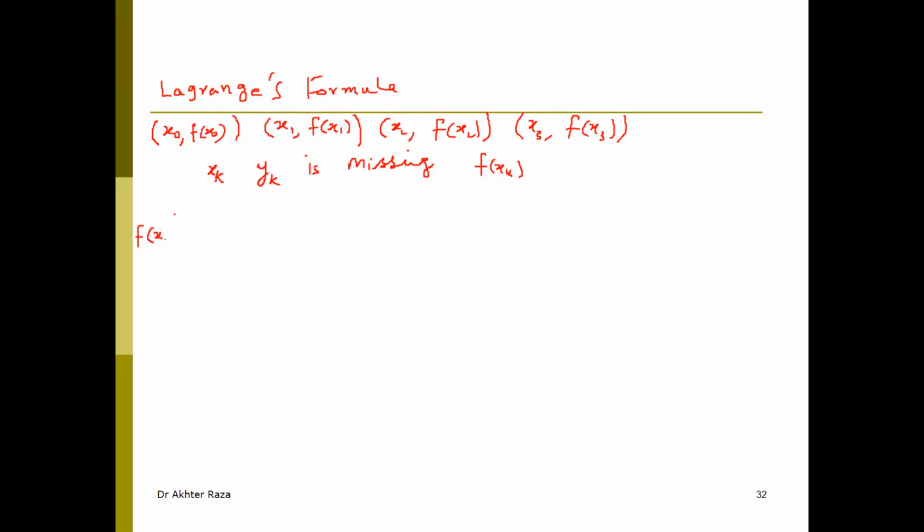Or I'm just writing x instead of xk. I'm just writing x. X naught, x1, x2, x3. According to the definition, this can be expanded as f(x) divided by (x minus x naught), (x minus x1), (x minus x2), (x minus x3),